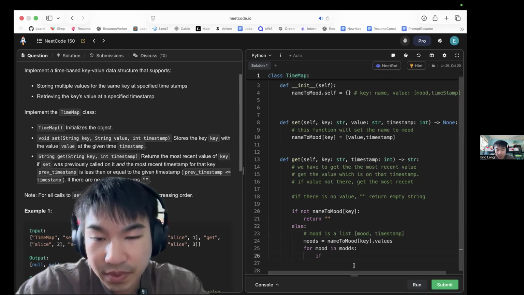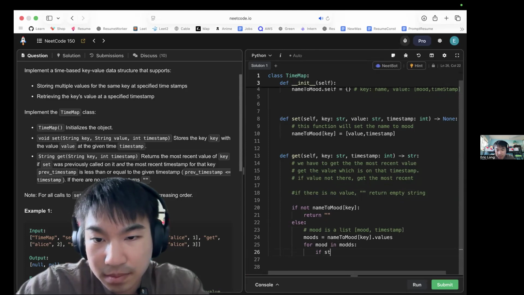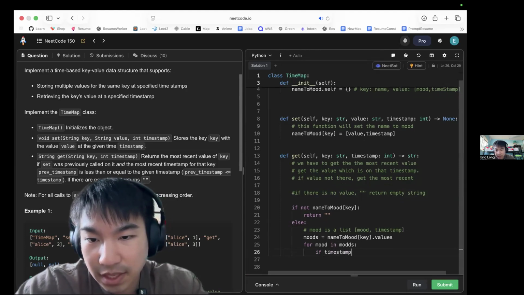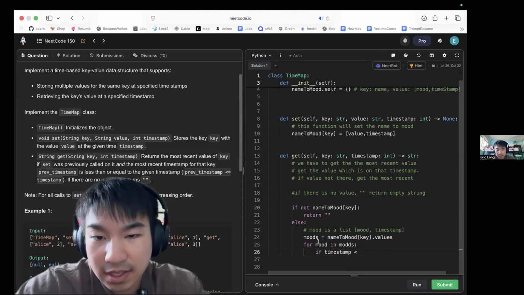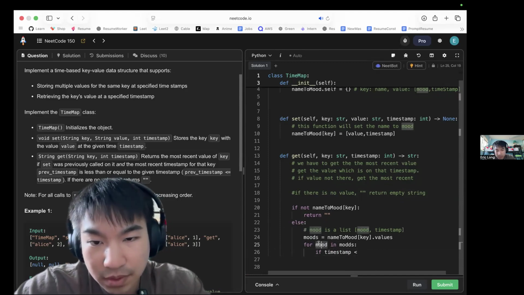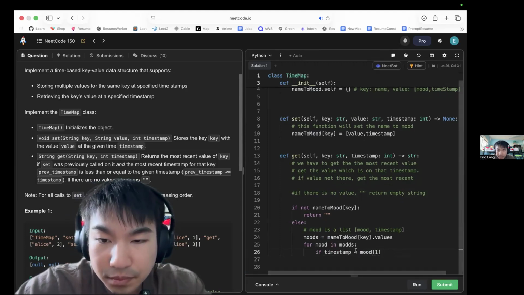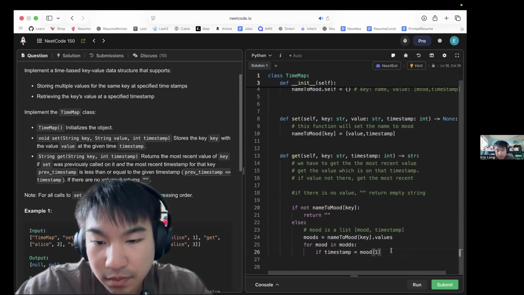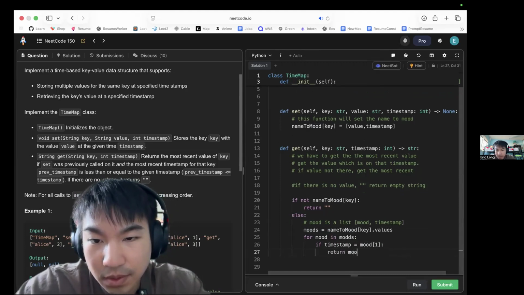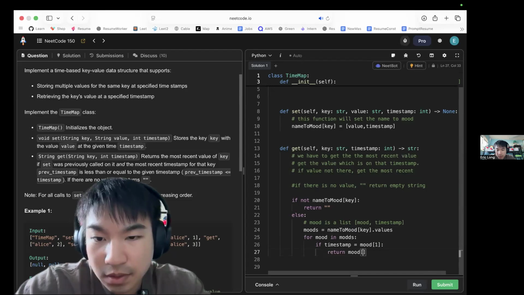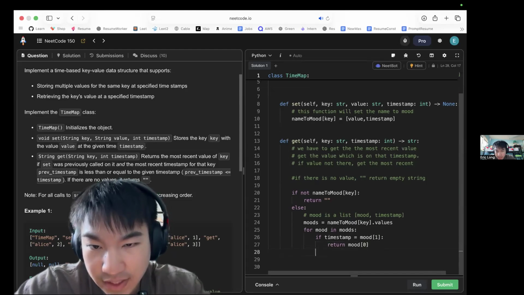So, okay, if timestamp, which is the timestamp that they gave us, is less than, so just call mood in position two, which is just going to be called one. Then we go ahead and just return mood